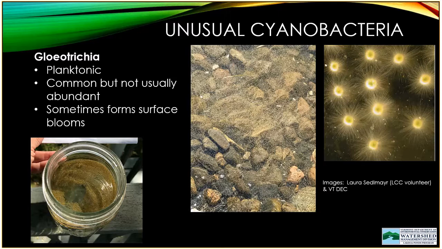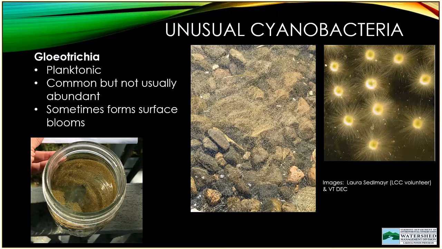They look a little bit like starbursts, bursts of sunshine, sun rays around the sun, or they remind me a lot of the Whoosh Cush toys that my children used to play with when they were younger. When you look into the water, it looks a little bit like grains of tapioca. In many cases in Vermont, there are small amounts of Gliotrichia present all summer long, well distributed throughout the water column in conditions that would be equivalent to category 1D, not of concern for folks that are recreating on the